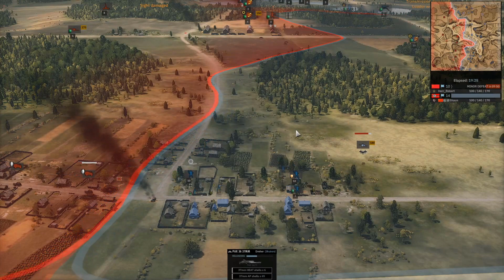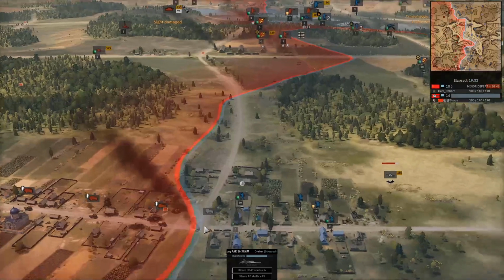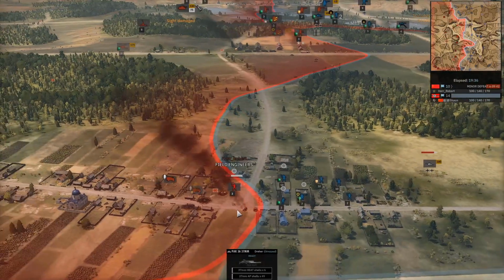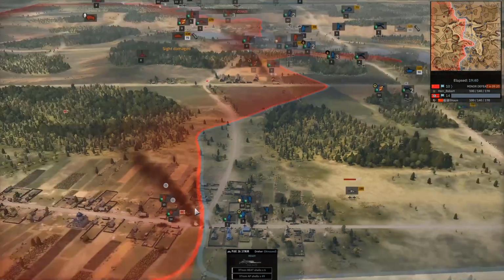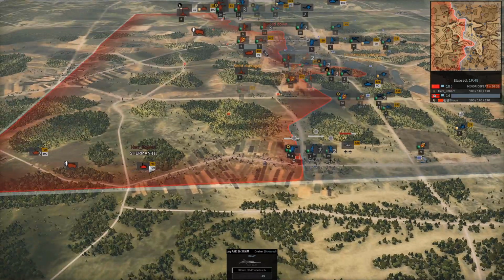The Pak 36 37mm is left to a one-model defence, and the field engineers are going down. The others do unload, but are left in no man's land. They're taken down very quickly. Herr Robert realising the